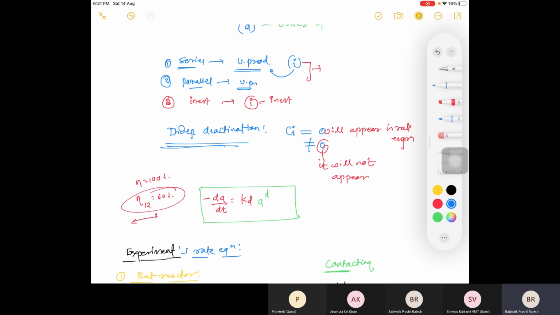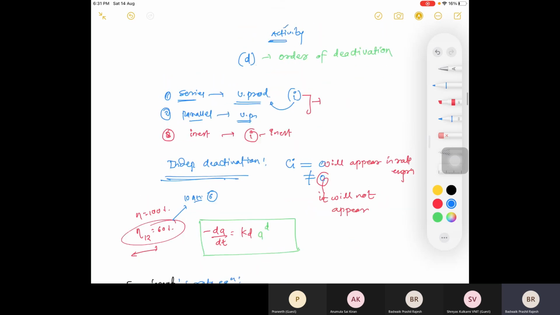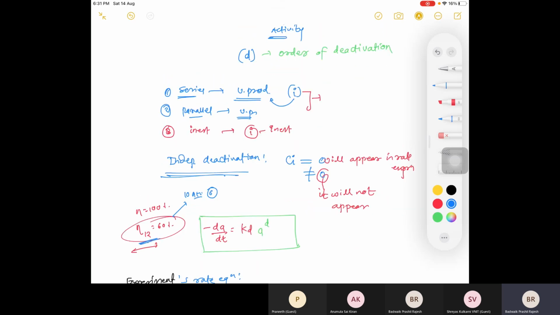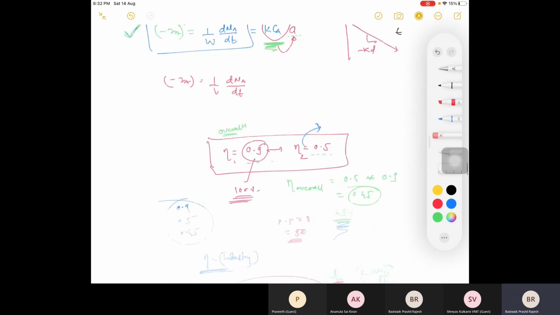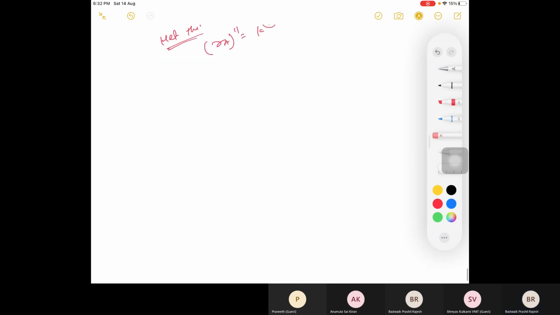And in the second case, suppose efficiency has decreased. That means suppose we are having 10 active sites initially, and now we are having 6 active sites because of 60% efficiency. So based on this decrease in activity, if we want the same efficiency of 100%, what we are going to do is change the flow rate. We are going to decrease the flow rate so that we will get maximum efficiency out of this. So we have seen those two cases, and now we are going to use that. I'll first tell you the generalized way.